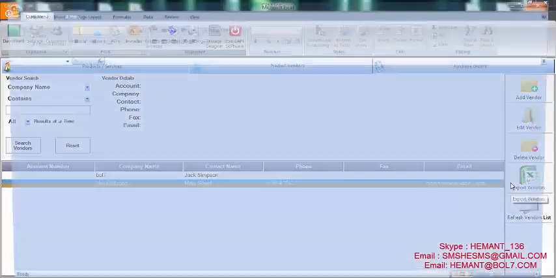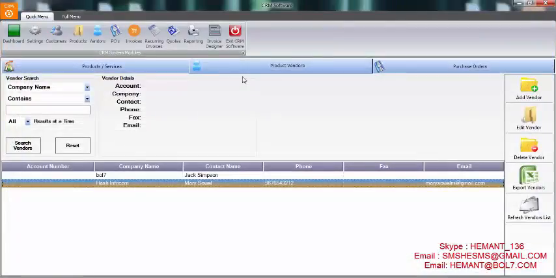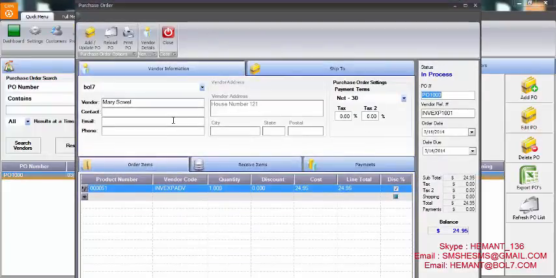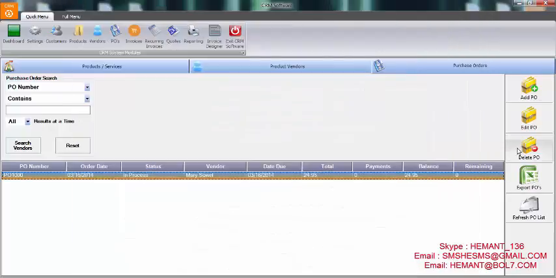Similarly, the report can be exported to an Excel file. Now the next option which we are going to use is POs. POs means purchase orders. For example, you want to edit a PO, in the same way you can add it through it. You can add the whole PO through this number. You can add the ship to address also. Or if you want to delete a PO, then you can delete it via this method.